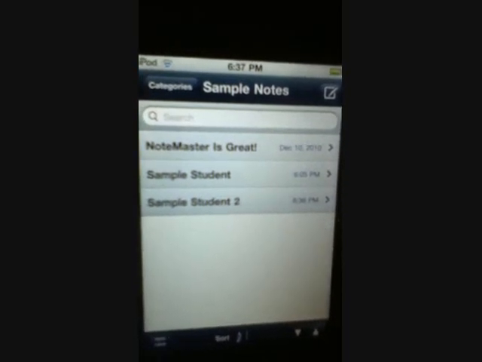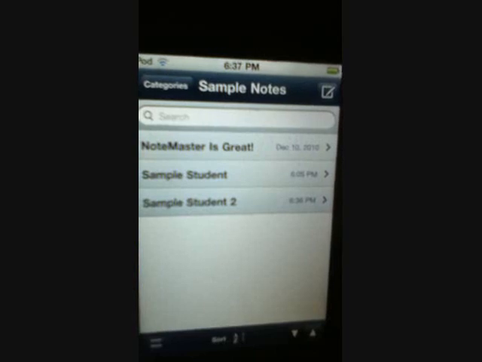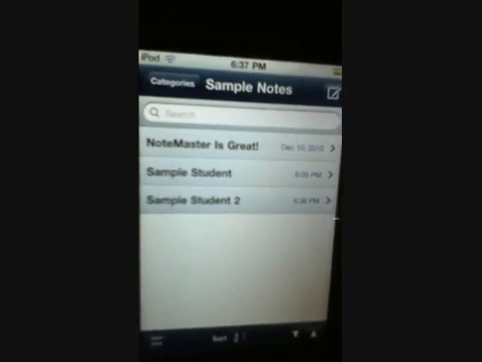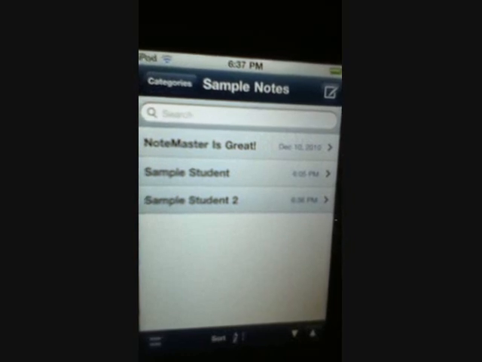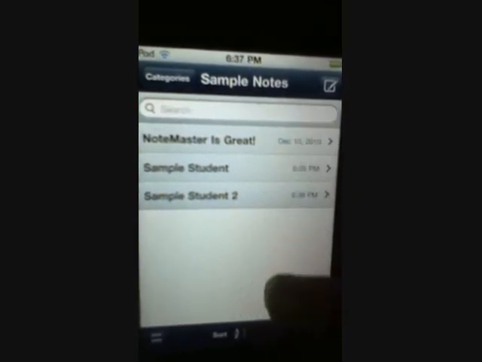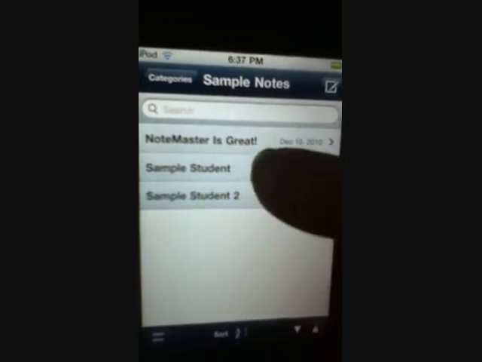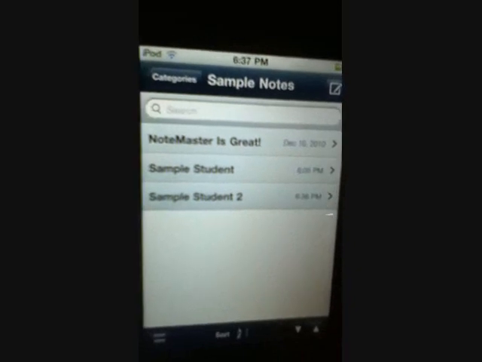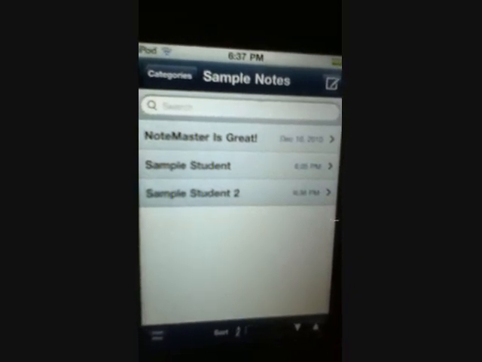I think it's a great tool for itinerant TVIs and also for any other itinerant person. They also say it's good for business people. Just anyone who really needs to take notes and have them in a certain order. So let's say if this were your folder that has your students, you would have the student's name. If you need an ID number, whatever it is, you need to have it there. There's also an option to put in